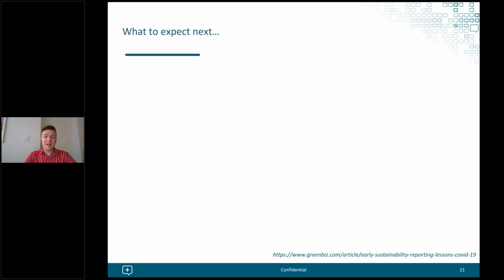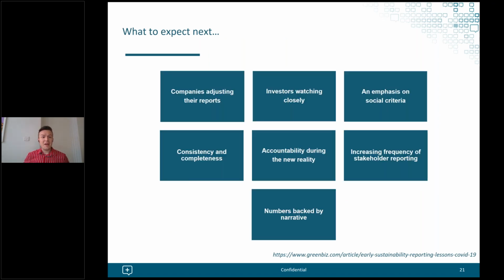So finally, just to close out today, there's some themes and topics here about what to expect next. What we're expecting to see are companies adjusting their reports to obviously report and reflect on the impacts of COVID. And a top tip when thinking about reports is to think about it with the finance teams. Your financial teams are having to report on the financial impacts of COVID in your annual reports. And so collaborating or engaging with them on how they're going to line item impacts due to COVID to create consistency, but to also draw on knowledge is something that we've seen being really valuable within client environments.